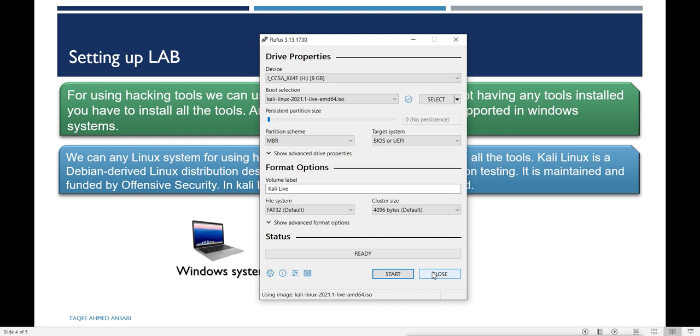It is a good idea because you can connect the flash everywhere. Sometimes you don't have a CD drive, but you still have a USB port, so you can connect the flash there and boot Kali from your flash and do anything you want. So it is a quick way to do these hacking things using live Kali, and on the flash also it is good.